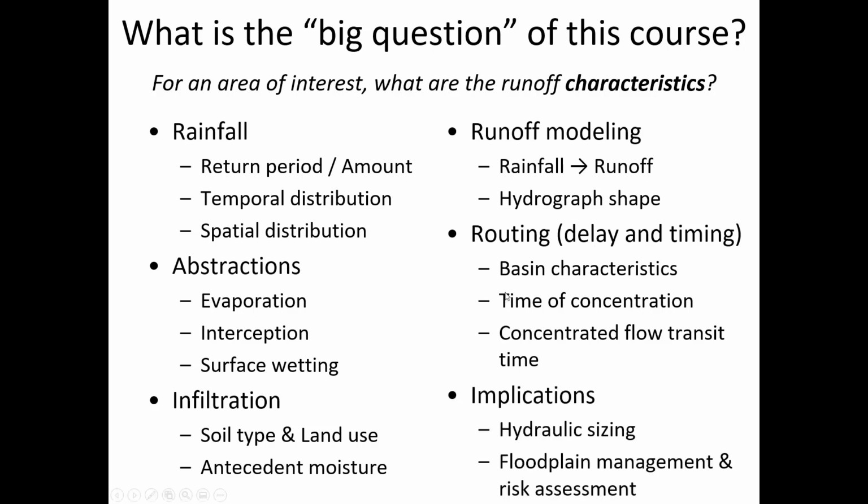And then towards the end of the semester, we're going to look at some risk assessment issues. And when you prevent a certain amount of flooding, how much economic value there is in preventing that flooding. So for instance, if you know how much damage is going to occur from a 5-year storm, and when there's a 10-year storm, how much more the damage is going to be, and the 25-year storm, what they normally do is develop inundation maps and knowing how deep will the water be and how deeply submerged would certain structures be